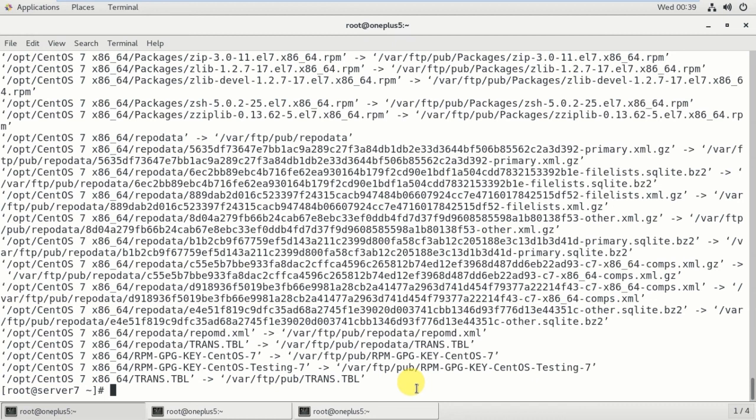So in this way we copied all the files into /var/ftp/pub, that is the FTP server file. First we installed the createrepo package, but we didn't create the local repository. For that we have to execute one more command, that is createrepo